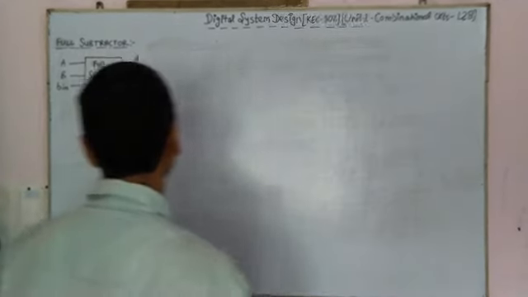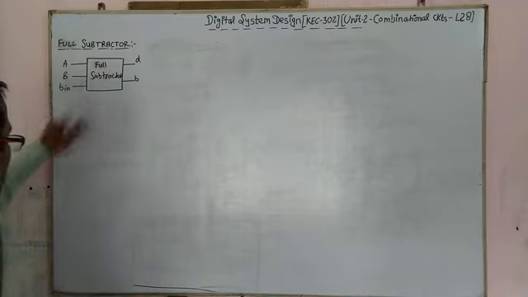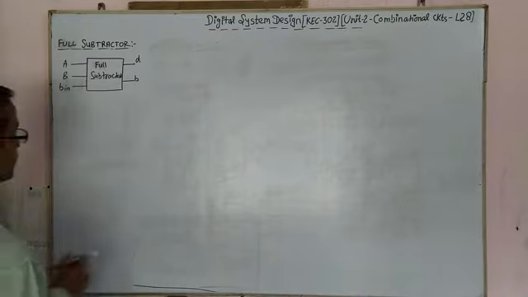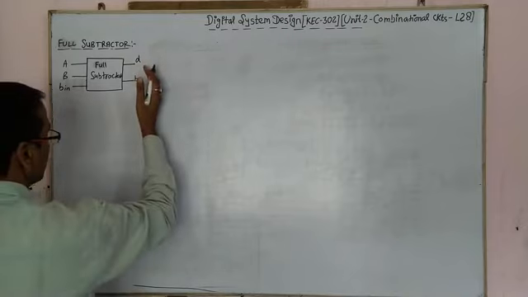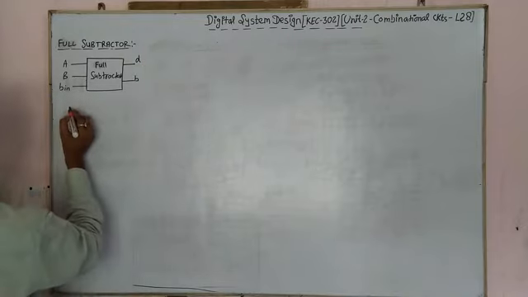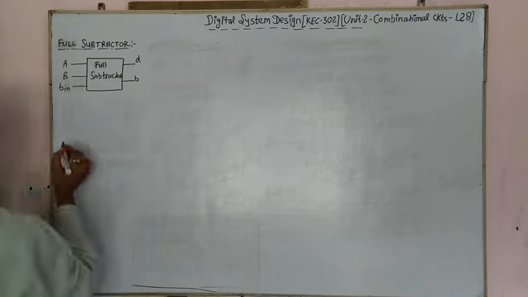In the full subtractor, we have three inputs: A, B, and B in, the borrow in. We have two outputs: D, the difference, and B out, the borrow. So, the truth table of this full subtractor: